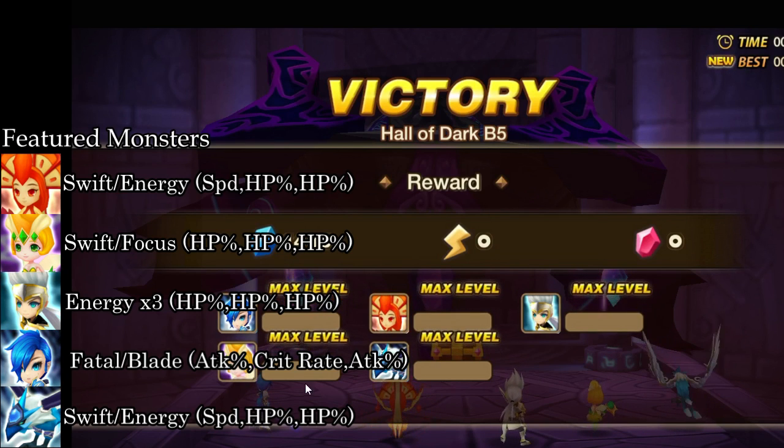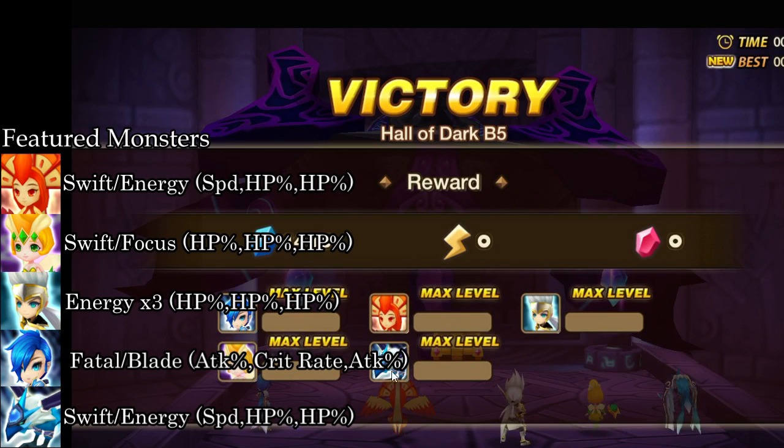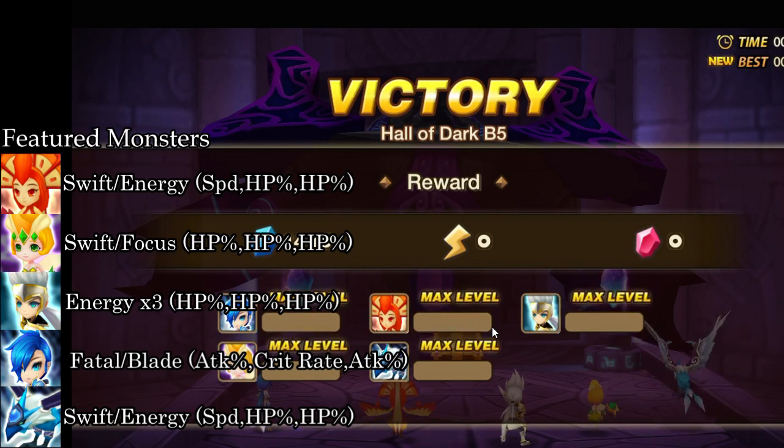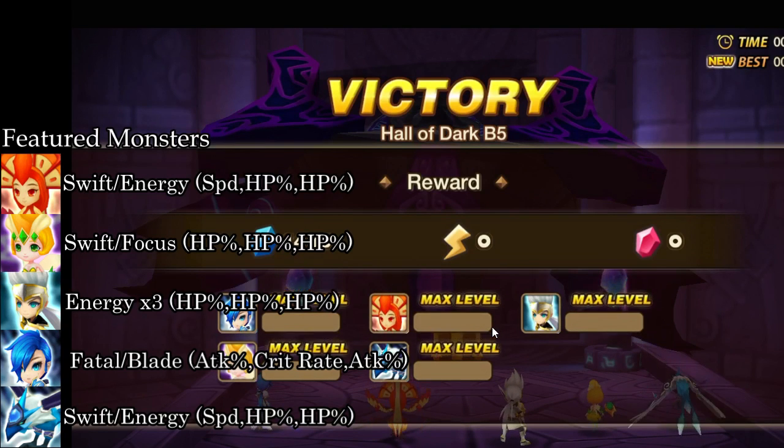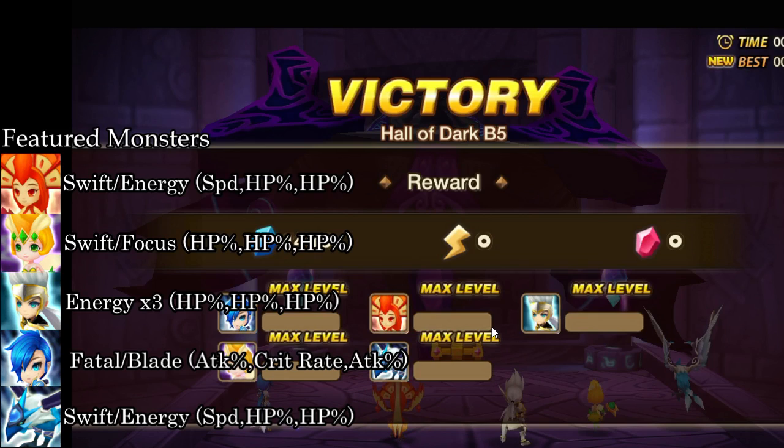And so, could these units beat Hall of Dark B10? It maybe actually could, but the B10 video I have is definitely going to be able to beat B10 a lot easier than this team would. So save yourself the time and energy of creating 10 different units and just make the 5 that I have in that B10 video if you want. If you're just looking to beat B5 quick, then sure, make this, but for the long haul, just make